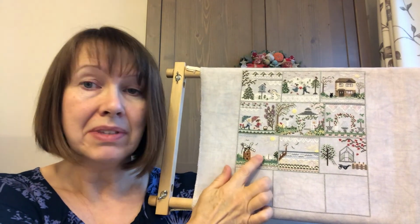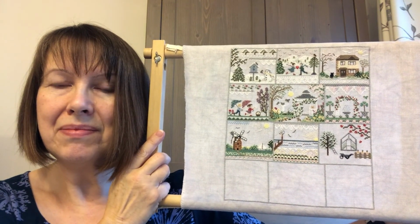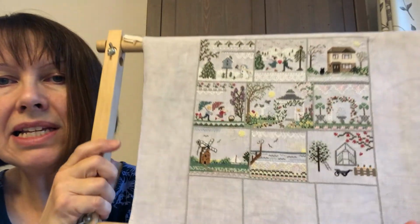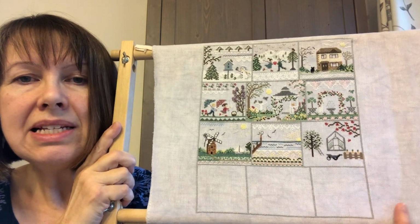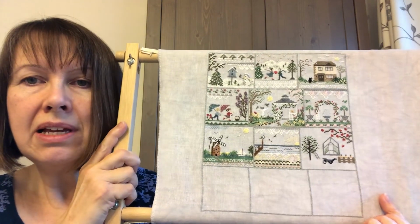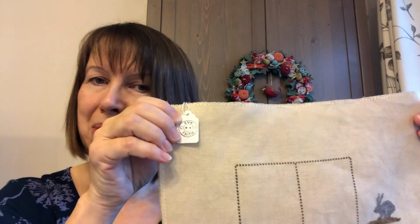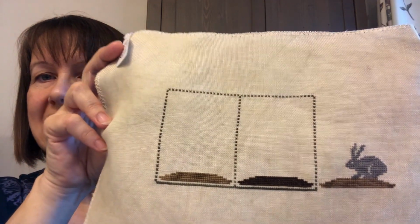And these don't take me very long to do at all, so I don't know why I didn't get around to finishing it. And this is on 32 count, mostly stitched over two, though there is some over one in there. And it is in my colourway Quartz, which is mostly grey with just some touches of pink. Thankfully I have the label on it, so I couldn't remember for a moment what the colourway was. My final stitch is this